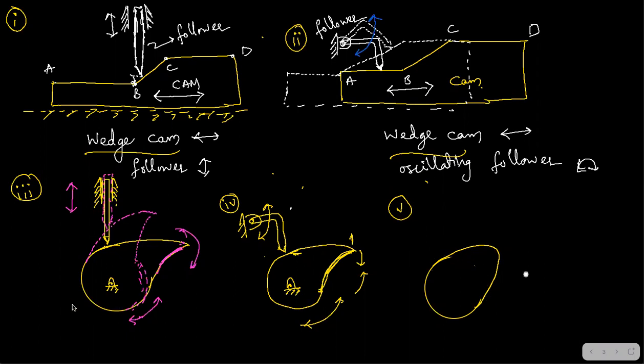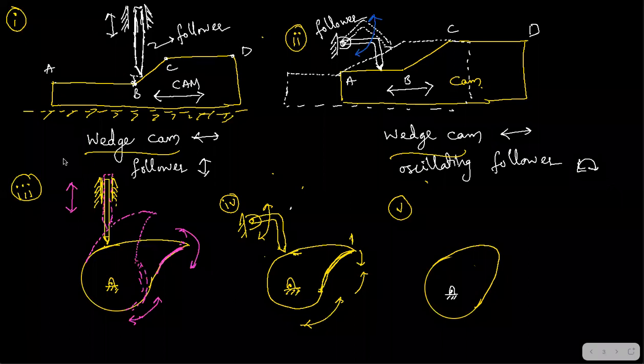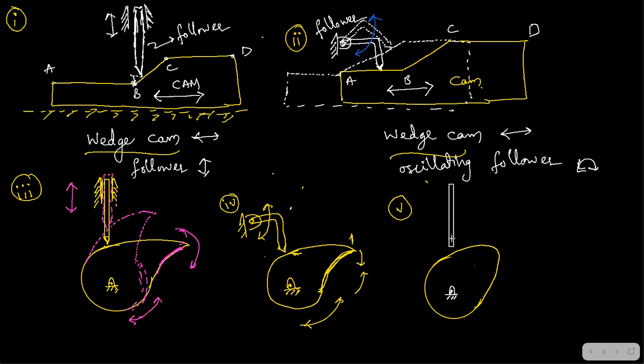So this is your cam with a fixed center about which the cam is going to rotate. And then you have a follower, which might be reciprocating, or it might be oscillatory. Two cases, right? We are discussing from the beginning. One is reciprocating and another is oscillatory type. So in these two motions, you have the possibility of cam.